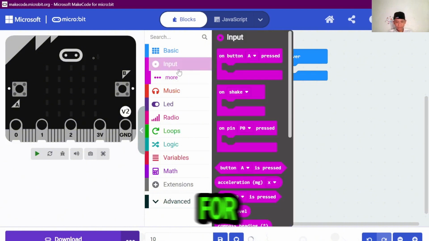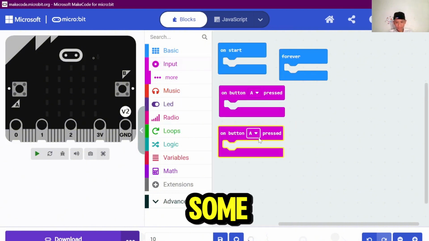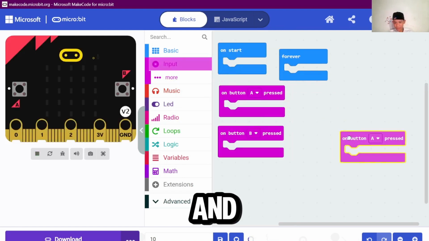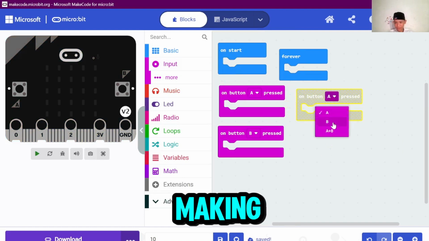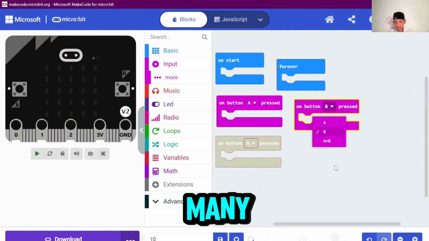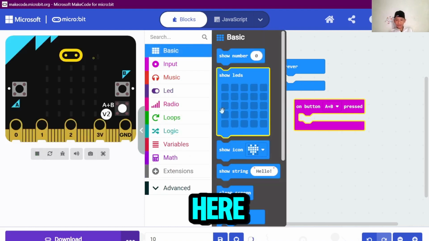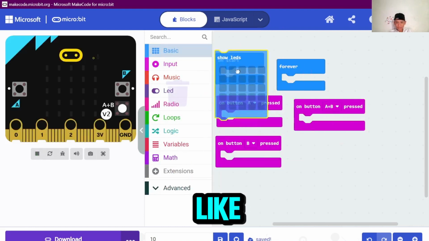You guys can use it for clicking A and B, and this. I'm making it more. Okay, like this. In here you guys can show light.